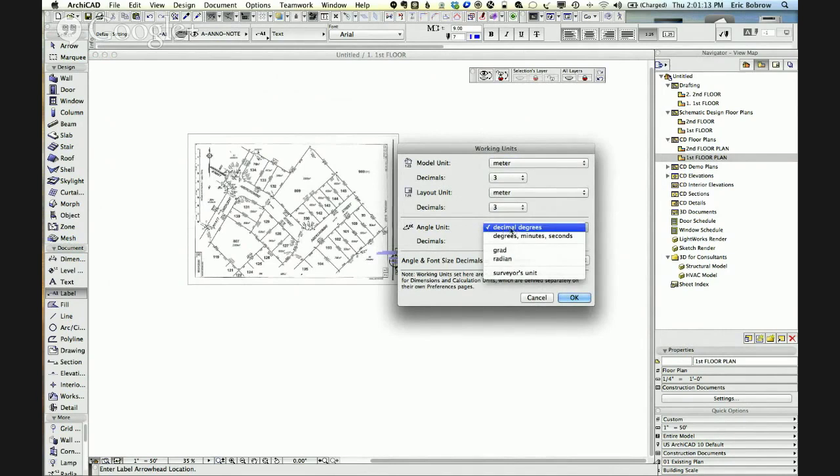And now, notice it says decimal degrees. We're going to switch this in a minute to degrees, minutes, seconds. In fact, actually, let's just switch that right now. And you can see that's an option. Or you can do surveyor's units where you have degrees, minutes, seconds, but with west, north, east, and south, you know, the various cardinal directions. In this case, I believe degrees, minutes, seconds is what we want because when I look here,